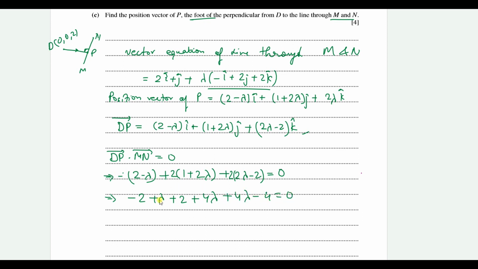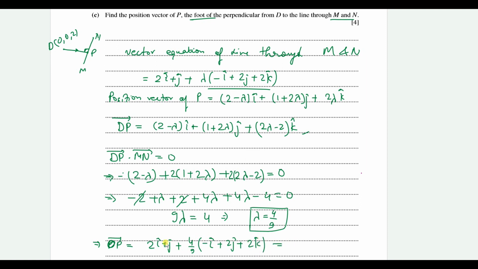These two got cancelled and 9 lambda is equal to 4. This will give you lambda is equal to 4 by 9, and as soon as we get the value of lambda, we have the position vector of P. Let us say OP, position vector of P is OP, and it is 2 i cap plus j cap plus 4 by 9 times minus i cap plus 2 j cap plus 2 k cap,